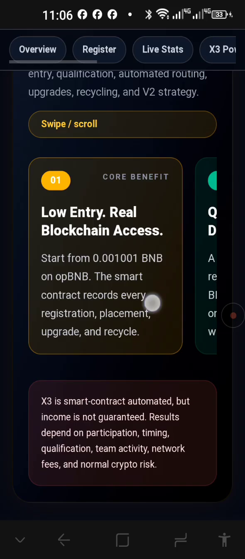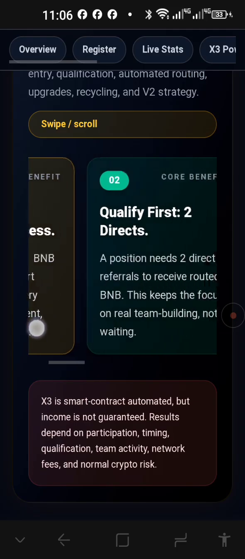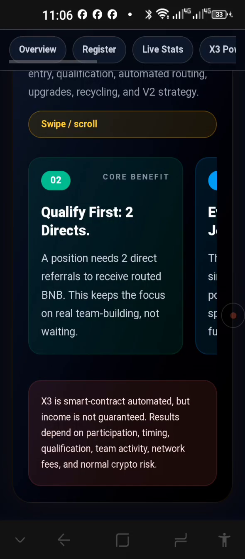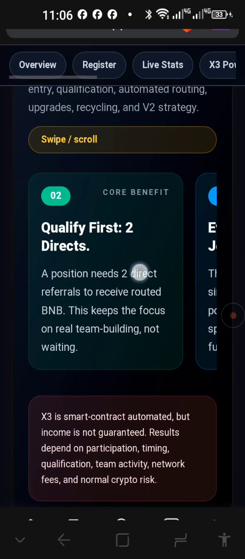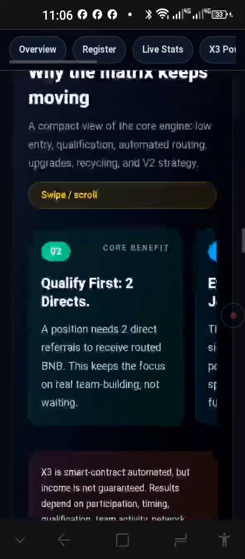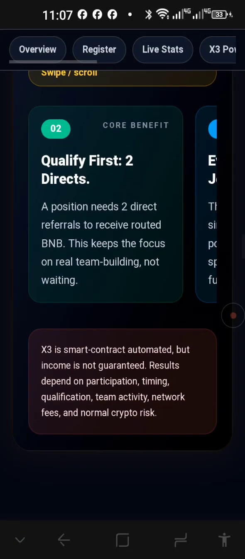Everything is managed by the smart contract. There's no human intervention. You do not send crypto to another human being. You do not ask another human being to send you funds when you need to get paid. Your first goal is to qualify yourself with 2 directs. Now, because the entry is so low, many members open 2 new wallets and they qualify themselves on their own link.